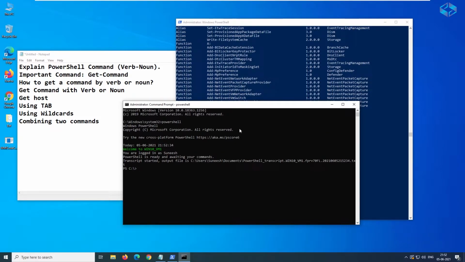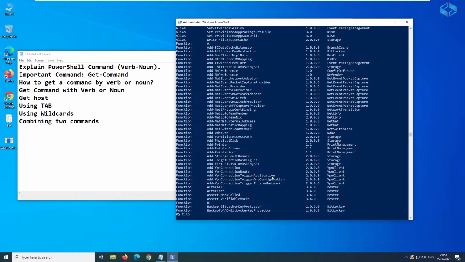So just for your information, you can use any method whichever is easy for you; only the interface looks different. Here it is blue and here it is black, so nothing major is different here. It is the same PowerShell loaded, and you will work similarly as on the other screen. So I'm just closing this and we'll continue here.